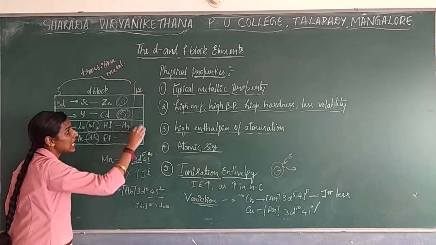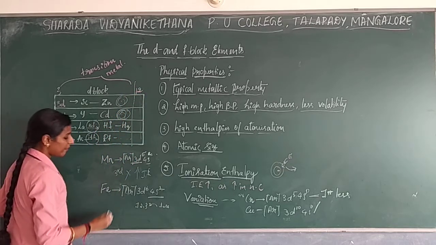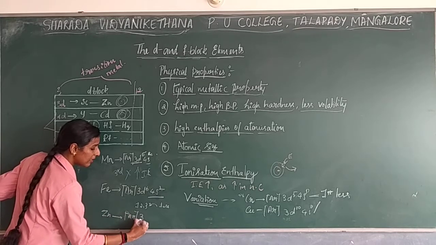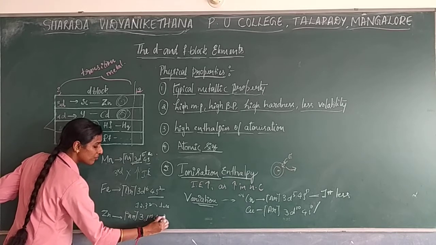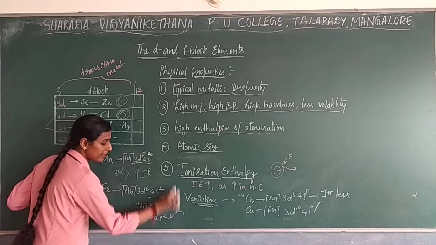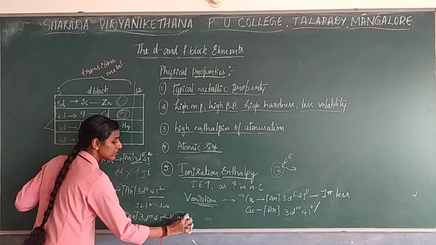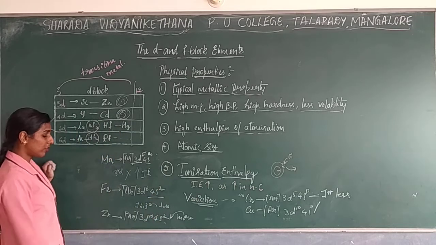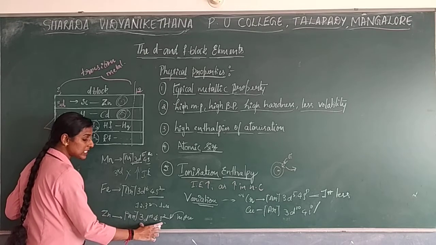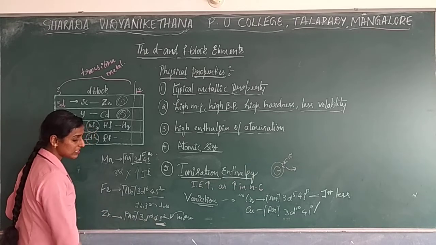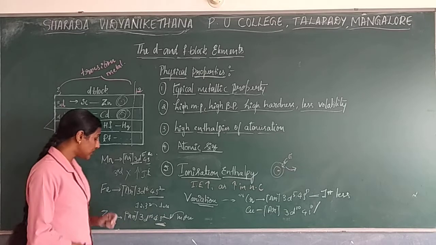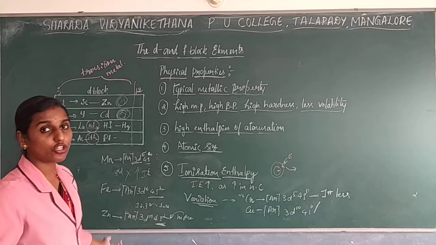And if I consider the last group, that is the 12th group, say zinc, the electronic configuration goes as argon 3d10 4s2. So from here, the removal of an electron is much more difficult. In the sense, we need to give more ionization enthalpy to remove an electron from this shell. Why? Both are completely filled. Extra stability is present due to the completely filled d orbital as well as the completely filled s orbital. So due to this reason, it will get a larger amount of stability.